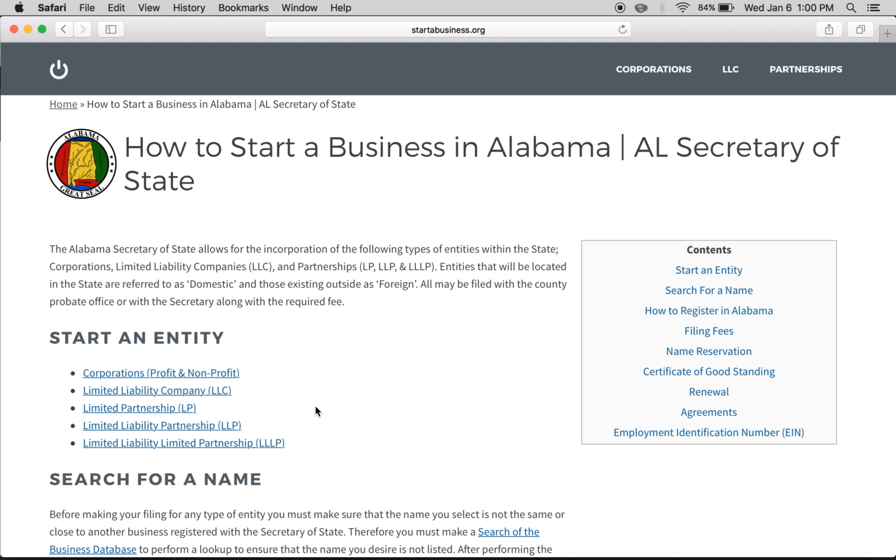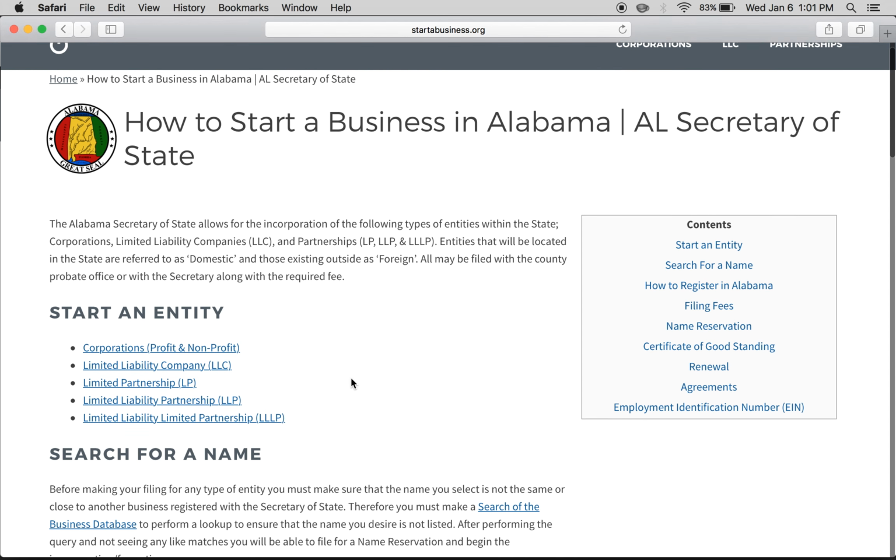Now, what you'll have to decide is which type of entity do you want to create. You can create 5 different types in the state of Alabama. There are corporations, limited liability companies. Now, these two are the most popular. There's also partnerships such as limited partnership, limited liability partnership, and then limited liability limited partnership. So I'm not going to get into all the differences between them, but just show you exactly how to